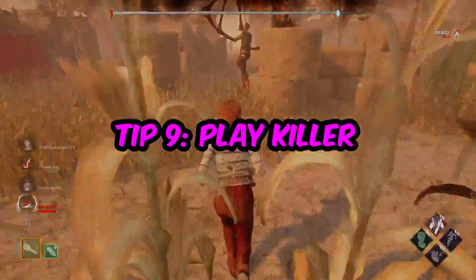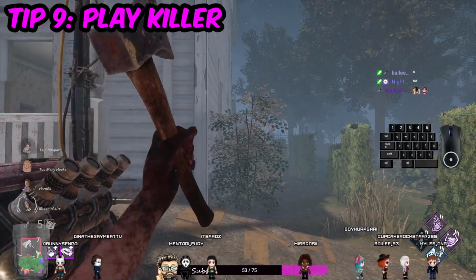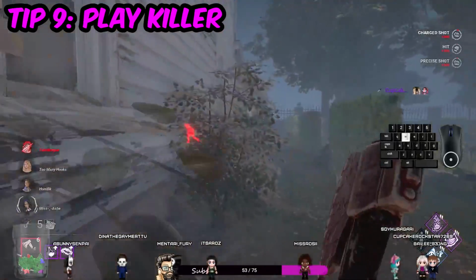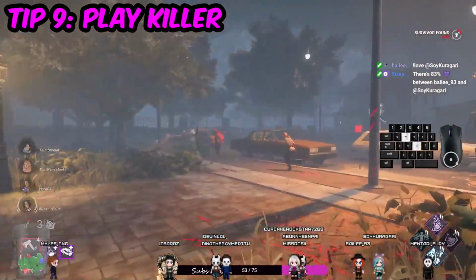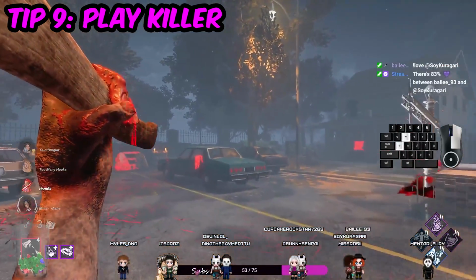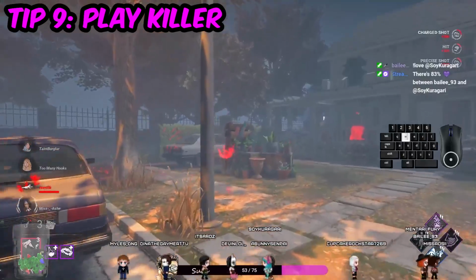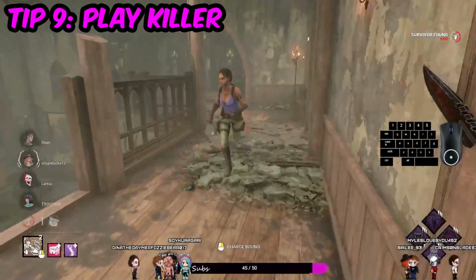Tip number 9. Play killer. I know most of you don't want to, but it's really smart to. You can learn a lot playing against 4 survivors. You can learn how to read double backs, fakes, etcetera, as well as with playing killer, you get to put yourself in the shoes of the killers you play against. Like you can learn how to read Huntress and Deathslinger's window shots,